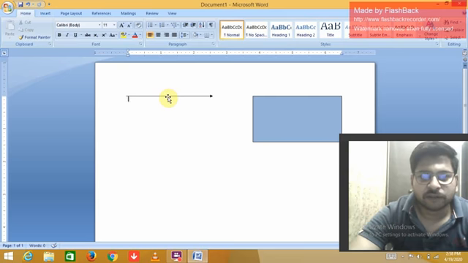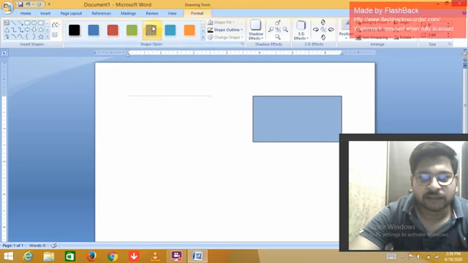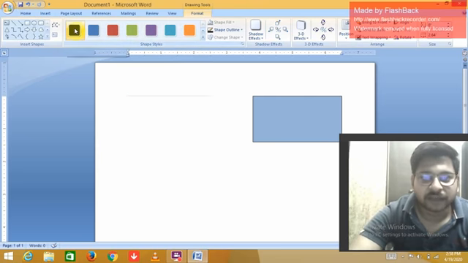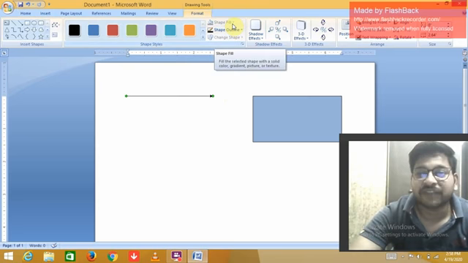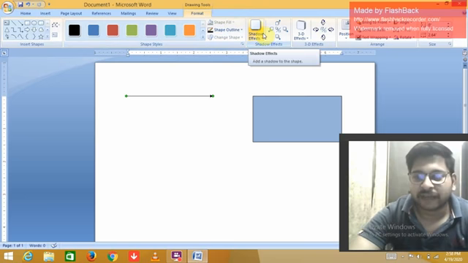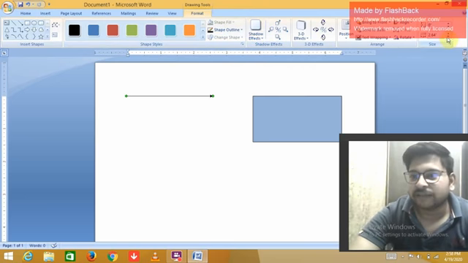You can also modify this arrow. Only the black color is visible properly. There is only shape outline, but no shape fill, because there is nothing in this area, only a line. You can give a shadow effect and increase the width of the line.